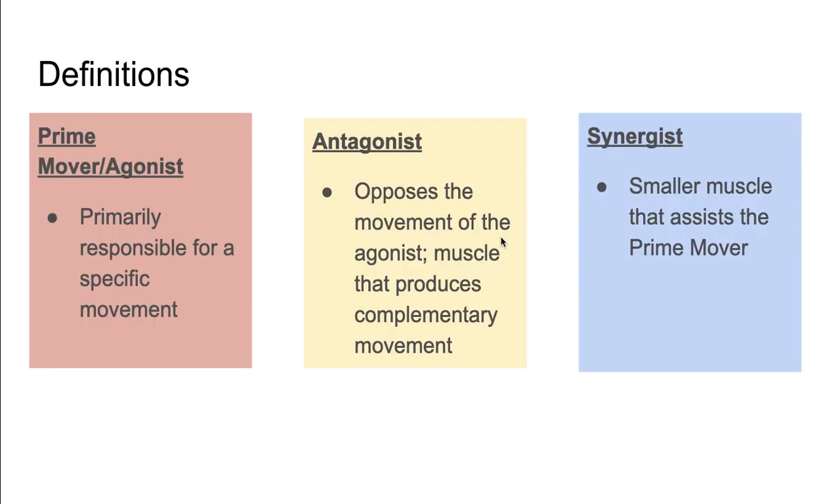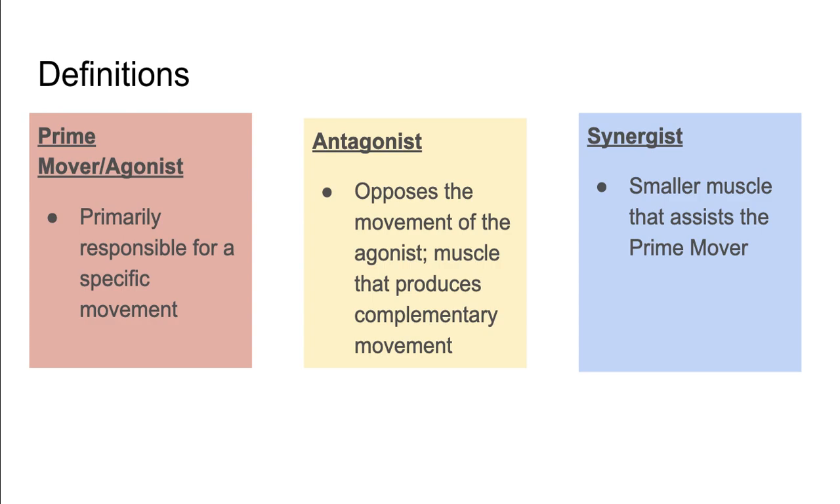Okay, more terms. So you have the agonist or prime mover. Those two terms mean the same thing, and that's the muscle that's primarily responsible for a specific movement. So when you lift weights or you do exercises, you have a primary muscle that does a specific movement. You also have synergists, which assist that prime mover, the agonist. So like if you're doing a push-up, the pectoralis major in your chest is the prime mover, but